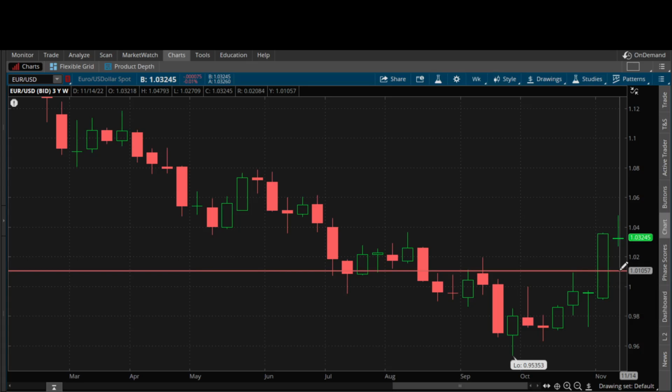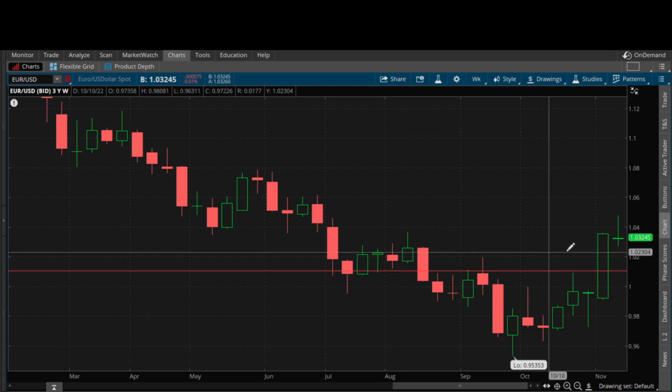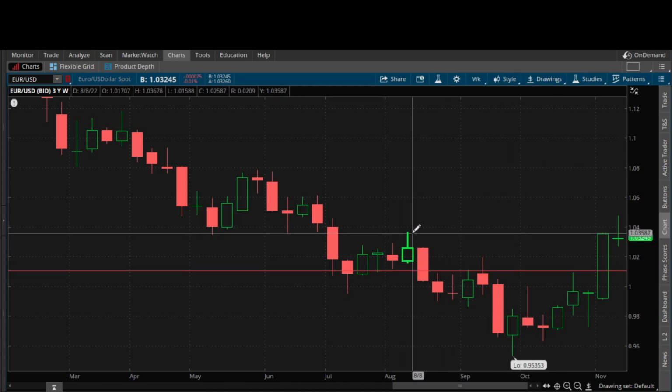So again, what is a premium? Premium is when it takes out an old high. Took out this high right here, premium. Took out this high, premium. So it can trade into a premium and keep trading higher. Just because it's in a premium doesn't mean it's going to stop getting more expensive. It can trade into a premium like it did here, and it can take out another high. So it can keep getting more expensive.